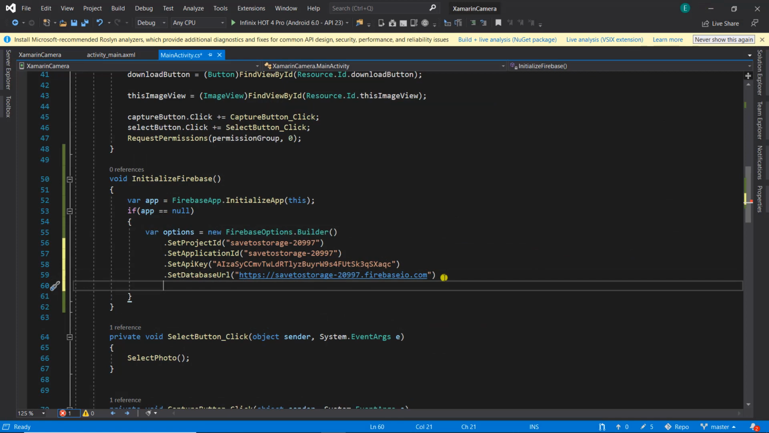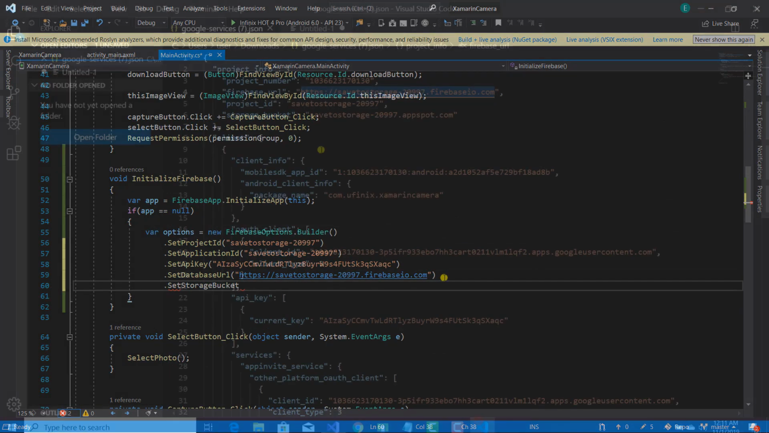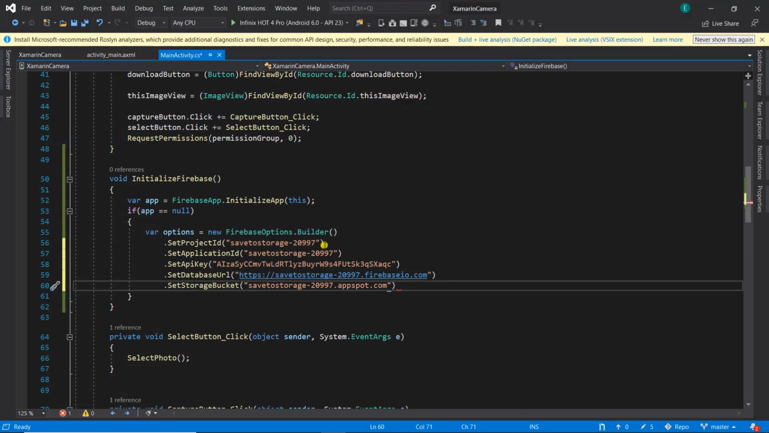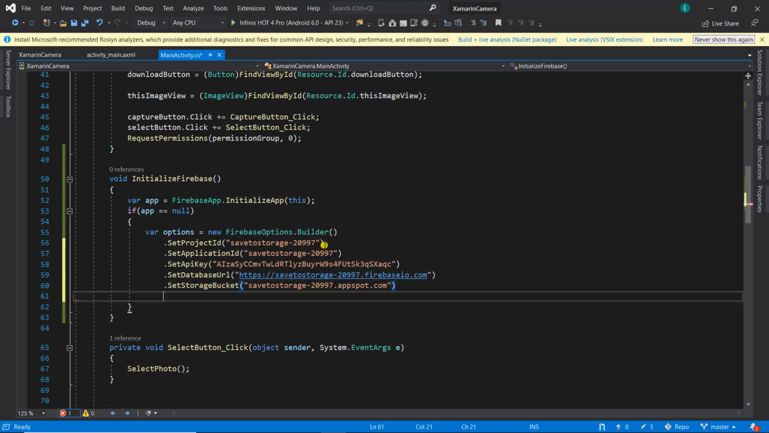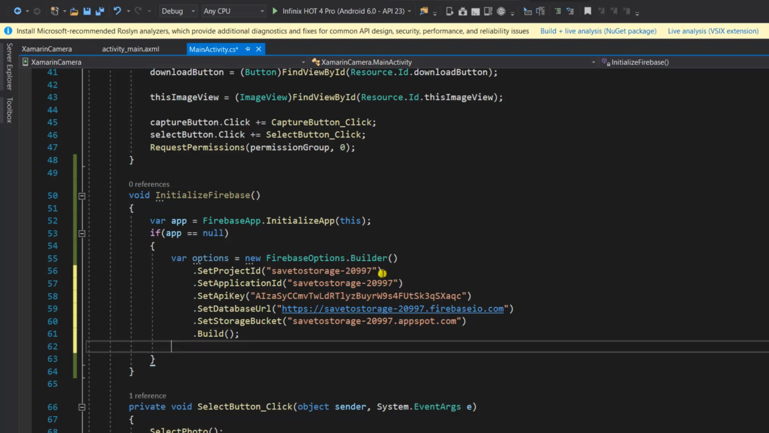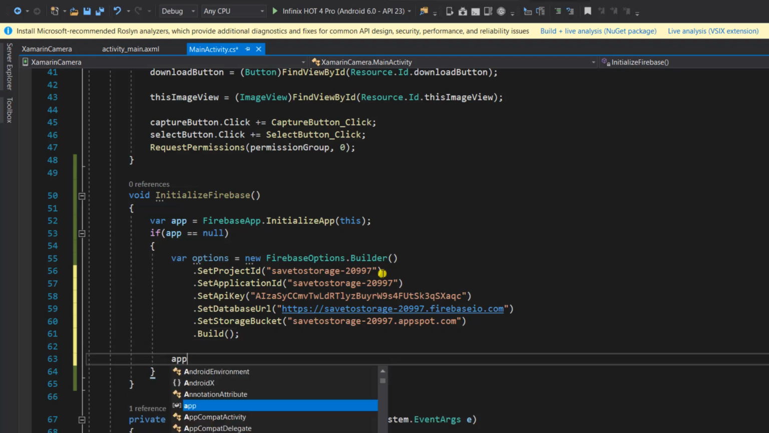And the next thing we need to have, which is the last thing, will be the storage bucket. So this is our storage bucket. So I'm going to go ahead and copy it as well. So I'm going to paste this here. And finally, I'm going to go ahead and build. So when we have our build options, the next thing we need to do will be to go ahead and